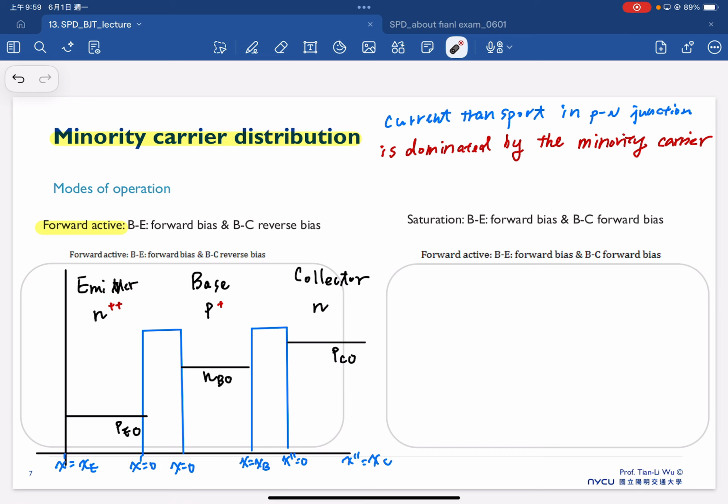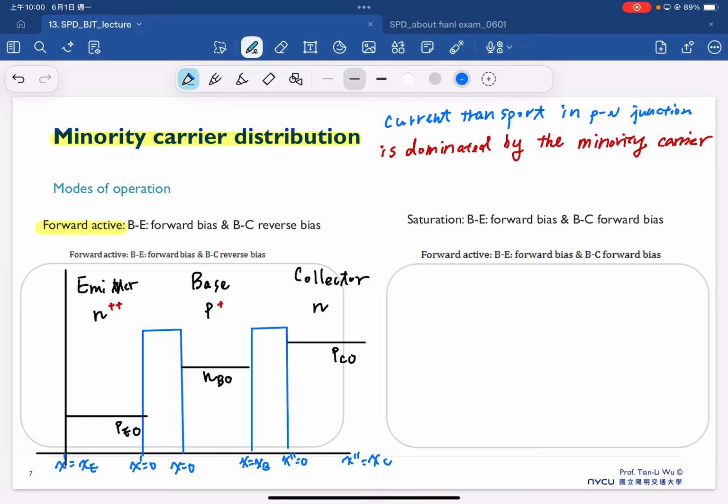So that's the second step. And then the next one is we just combine what we have learned from the PN junction. The first one is to consider this as a forward bias. The forward bias means that in this case, the holes will be able to travel through this and in the end reach the emitter region. And therefore,